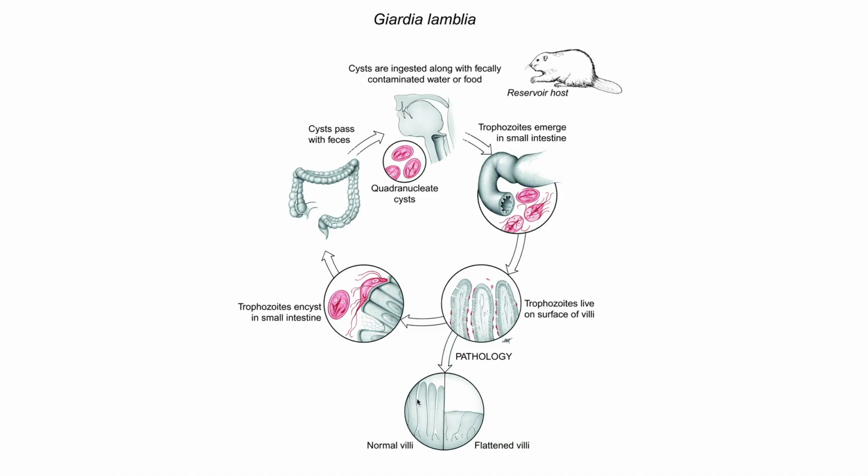When these parasites gain control over our villus surface by simply covering them over, pathology results. It's called malabsorption syndrome. And that results in a flattening of the villi. If these are the normal villi over here, you can see by comparison, these flattened villi have a reduced surface area. As a result, the things that you ingest that would ordinarily be absorbed there are not.